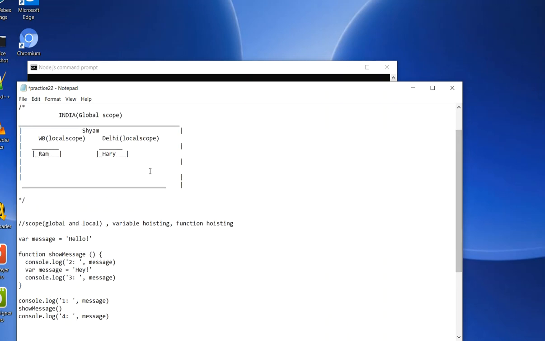That means essentially there is going to be hoisting at the India level, there is going to be hoisting at the West Bengal level, there is going to be hoisting at the Delhi level. So there is going to be hoisting here, there is going to be hoisting here,